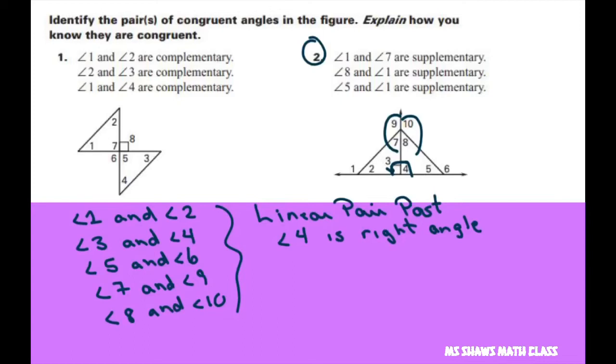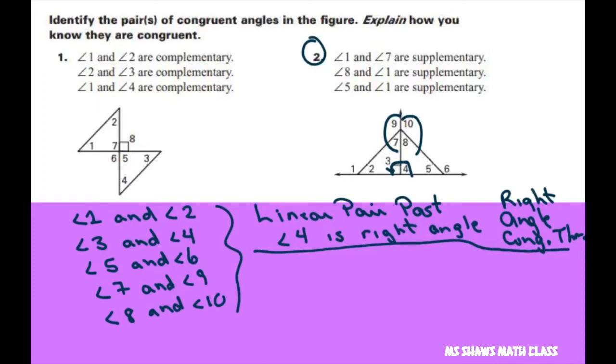And by the congruent supplements theorem, so this was the right angle congruence theorem. My theorem is THM. And so there's that piece. And then we have,